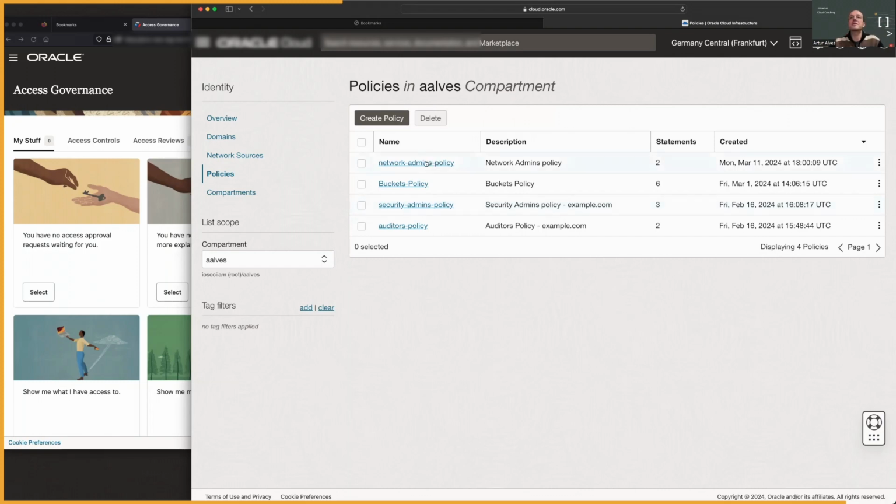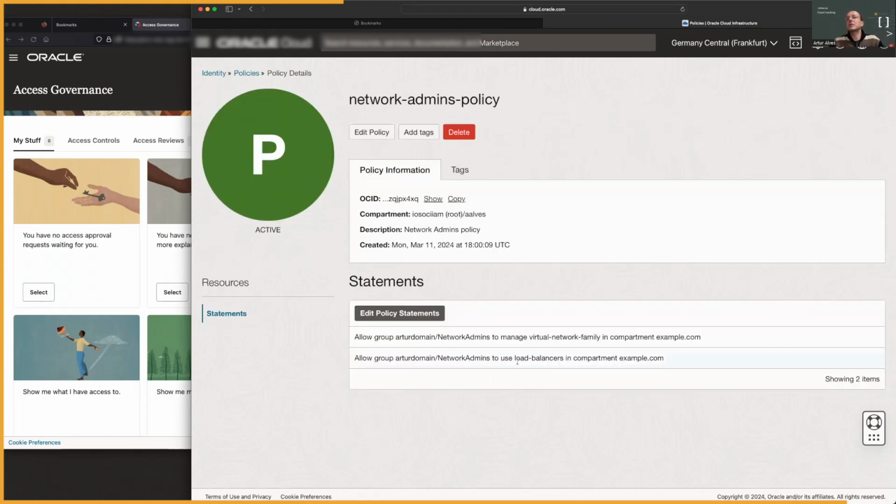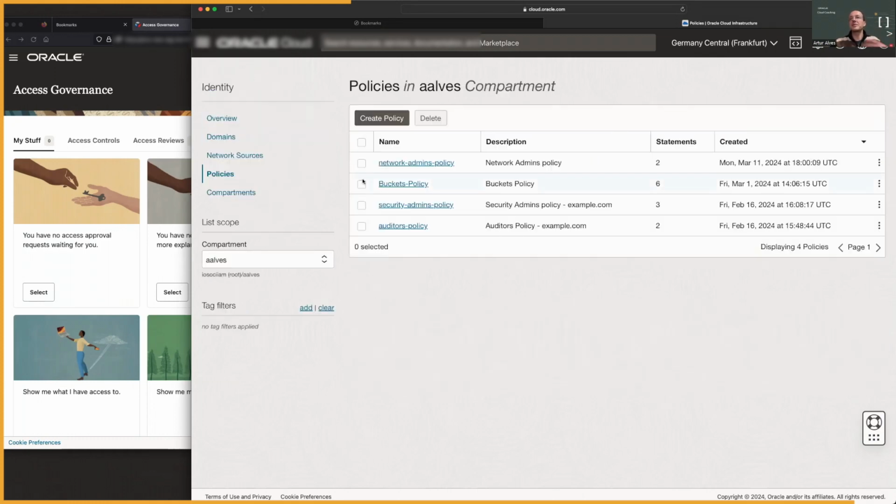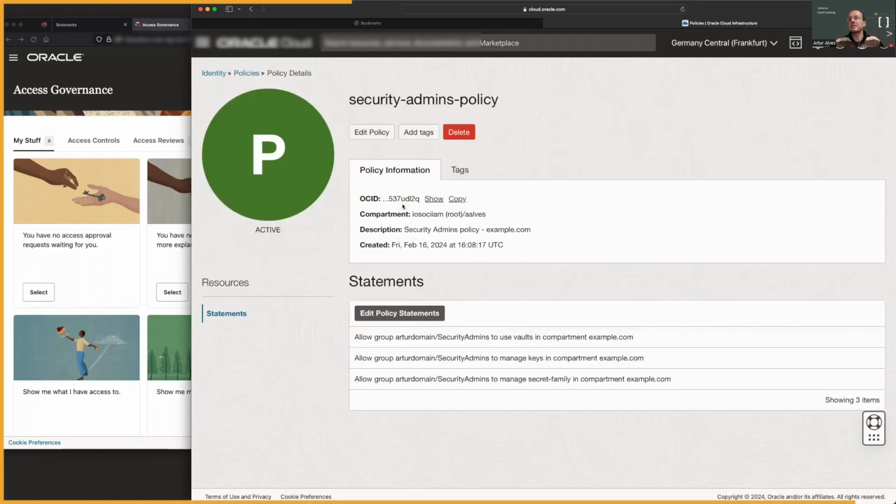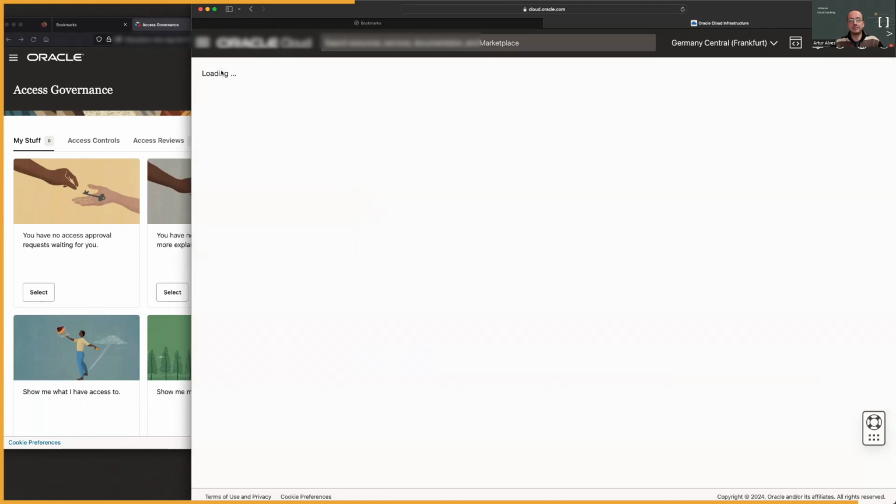So for instance, you can check in the network admins policy, we are allowing a certain group, part of my domain, to manage the virtual networks in this compartment of my demo environment, and other statements regarding load balancers. Similarly, there are other policies related to other aspects of the OCI environment, but of course you will see that in action in a moment.